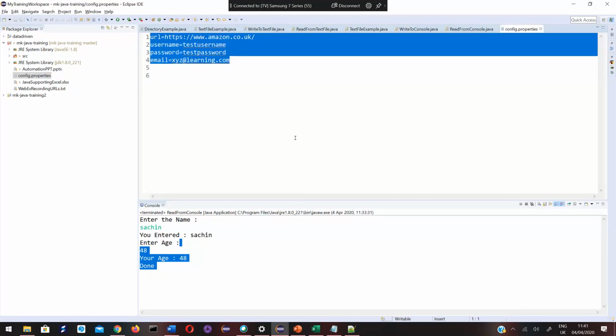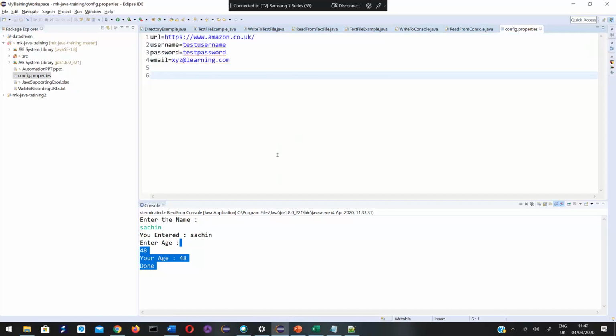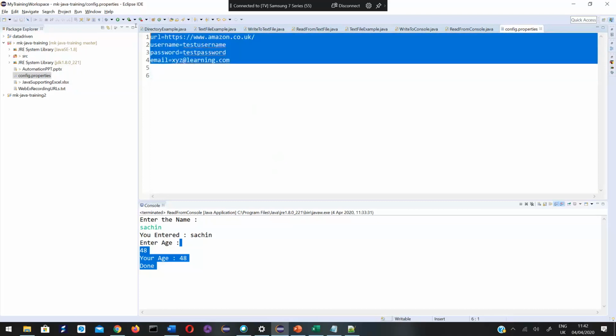So in my test steps, let's say open so-and-so URL. So open www.amazon.co.uk is one step. Then enter test username in username field. Enter test password in password field. Click login button. Then search for a product. Add product. Make payment. These are all the further steps. Similarly, in some other tests I also need to open this URL, then log in using this username and password, and do something. So in every test, or in most of the tests, I use these values.